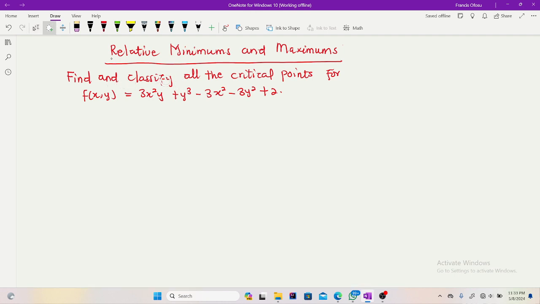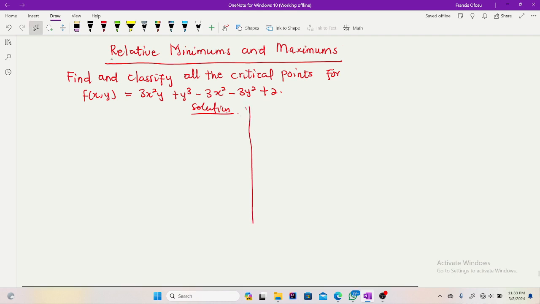Find and classify all the critical points for f of x y, which is equal to 3x squared y plus y cubed minus 3x squared minus 3y squared plus 2. So it said we should classify, right? Classification means that after finding the critical points, we need to classify them whether they are minimum, maximum, or saddle. So when we say relative minimums and maximums, all that you are trying to say is